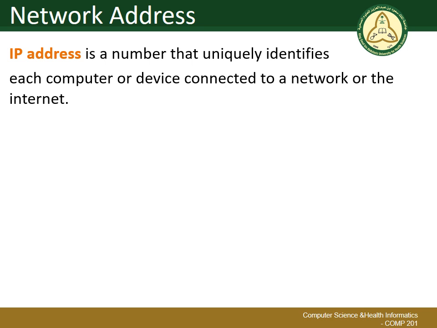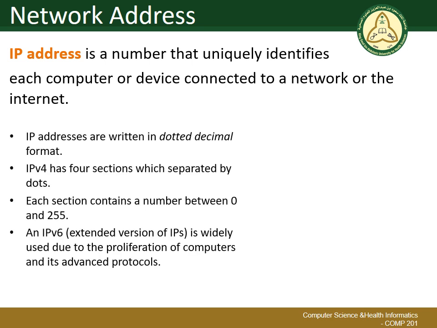Network access, network address. What do you mean by the network address? Each device in the network must have its own unique IP address, and it is a numeric number that uniquely identifies each computer or device connected to a network or the internet. And this IP address is written in a dotted decimal format. There are two different versions: IP version 4 and IP version 6. And definitely IP version 4